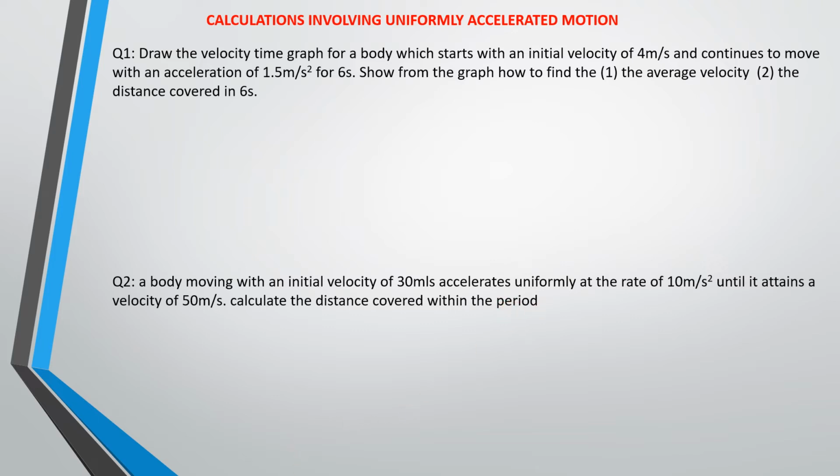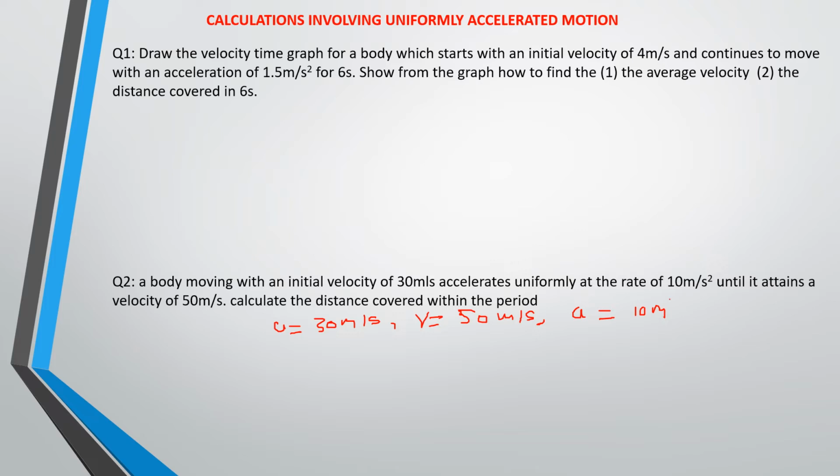If you look at this question, you are given initial velocity u equal to 30 meters per second. You are given a final velocity v equal to 50 meters per second, and you are given acceleration equal to 10